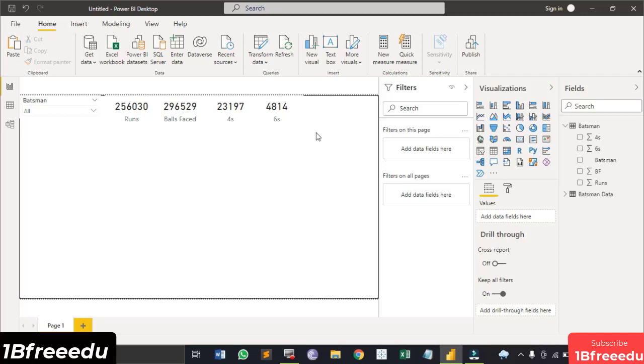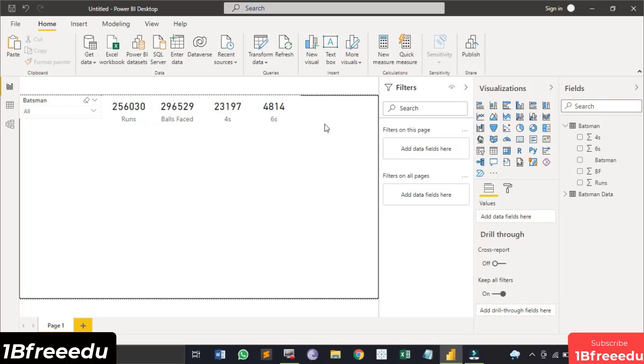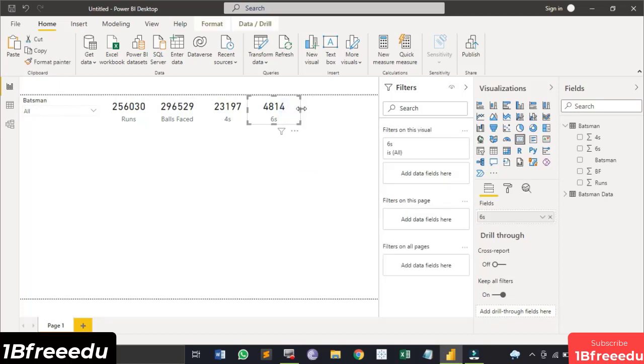We are going to create the data that is going to be non-custom, like this collection of the cards that we have created is custom. It's going to change on the basis of the selections that we are going to make over here. So now we are going to create some cards that are going to show us the information about the player who has scored the highest runs and the number of runs that the player has scored, right? So if you want, you can make some adjustments on the size of these different cards just like this.